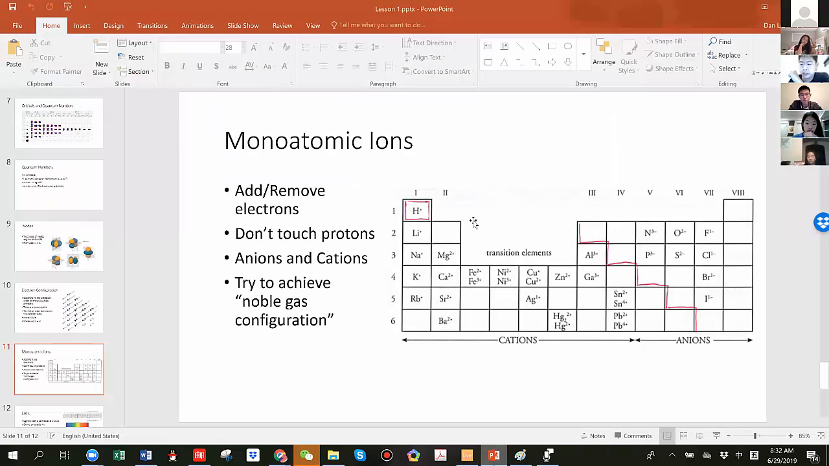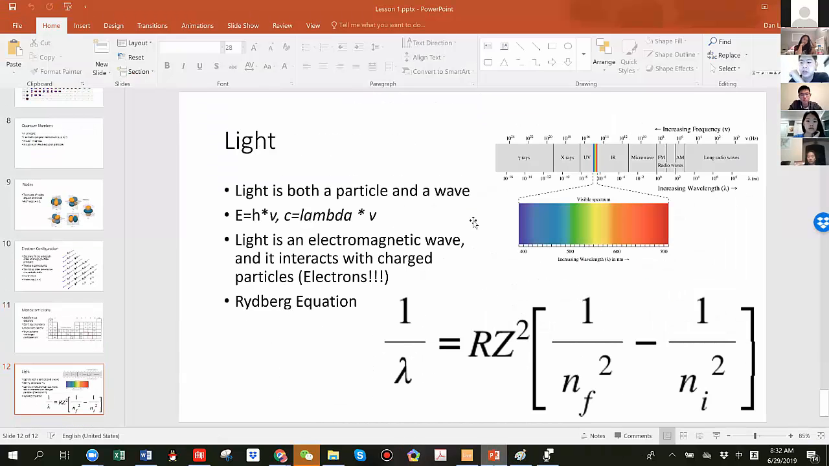Let's see. I think we have some time, so we can talk a little bit more about the quantum stuff. Okay, so let's talk a little bit about light. You might have heard that light is both a particle and a wave. And there are a series of experiments that can justify this claim. To show that it's a particle, as an example, one experiment was the